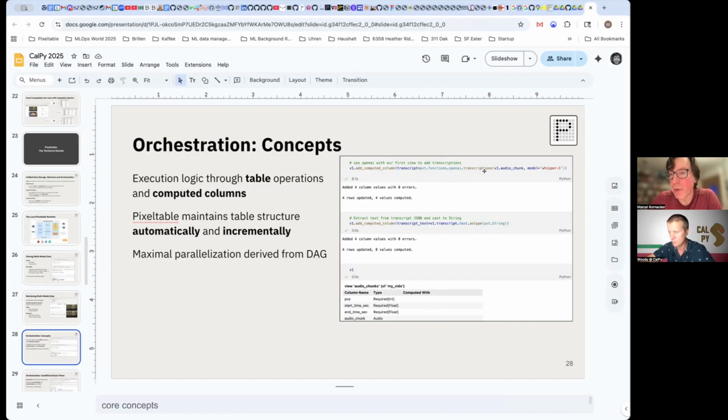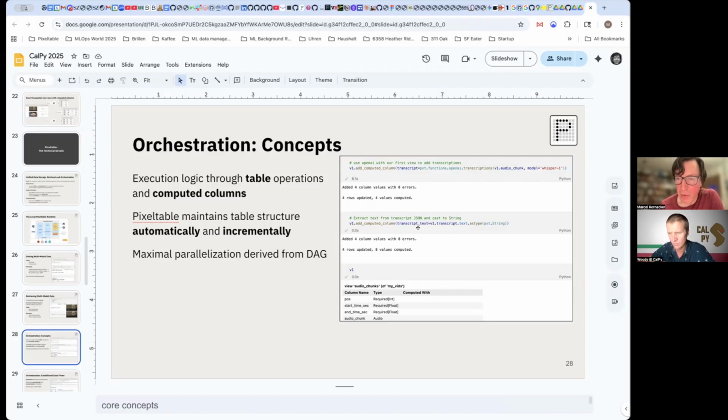We have pre-built UDFs, but you can just roll your own. They are, for the most part, relatively simple. And what this will do is define a computed column that will then, every time you add a new row to this view, populate the transcript column by invoking the transcription endpoint.